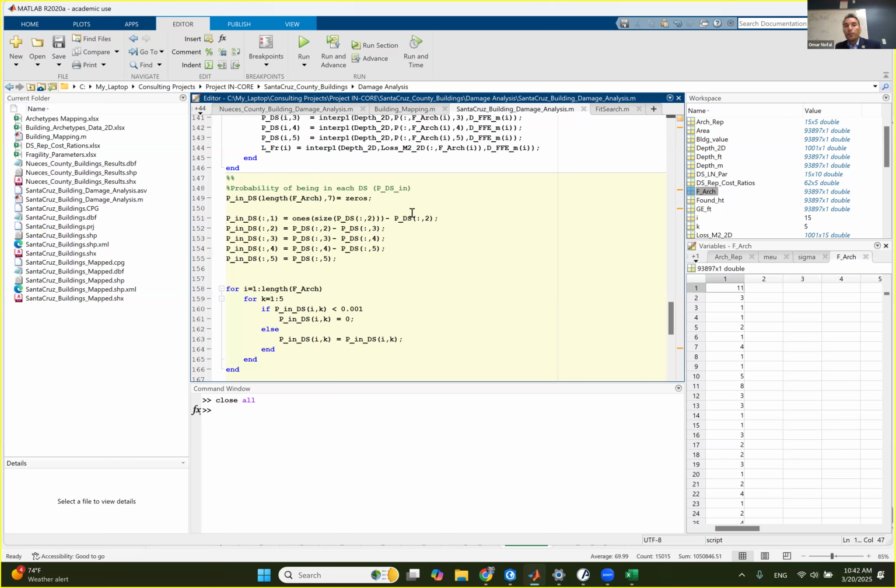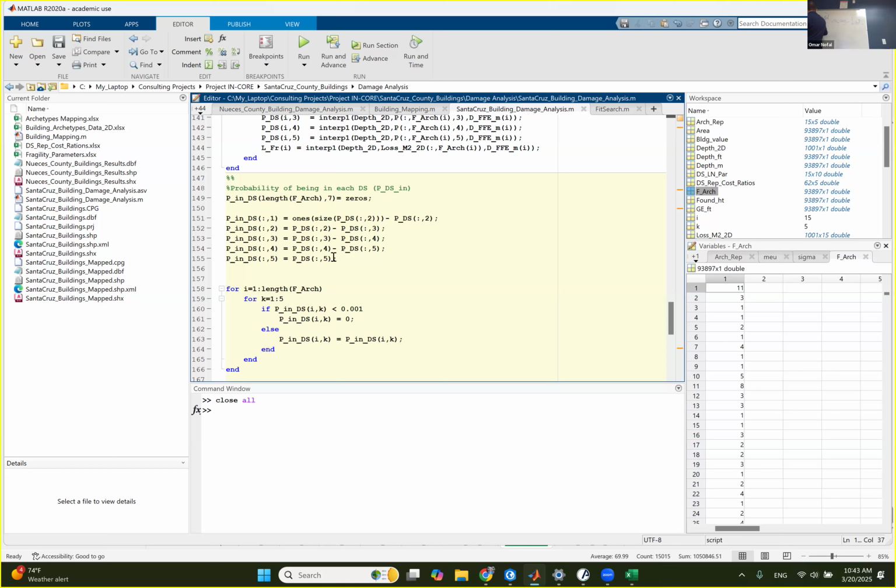Okay, so then I calculated the probability of being in no damage, and then I did 2 minus 3. 2 means damage state 1. 3 means damage state 2. So that's damage state 1 and that's damage state 2. I subtracted this from this, and it's gonna give me the probability of damage state 1. Be careful because the numbers are 1 more than each damage state because we didn't have 0. So 1 means damage state 0, 2 means damage state 1. Remember that. Okay, and then I subtract 3 from 4, 4 from 5, and the last one, damage state 4,